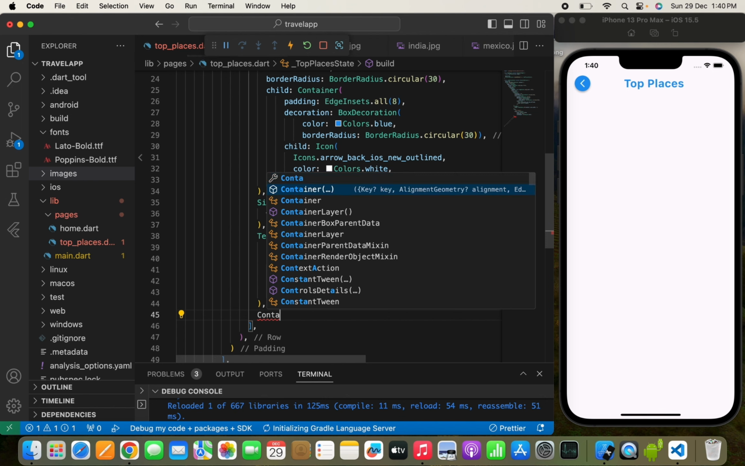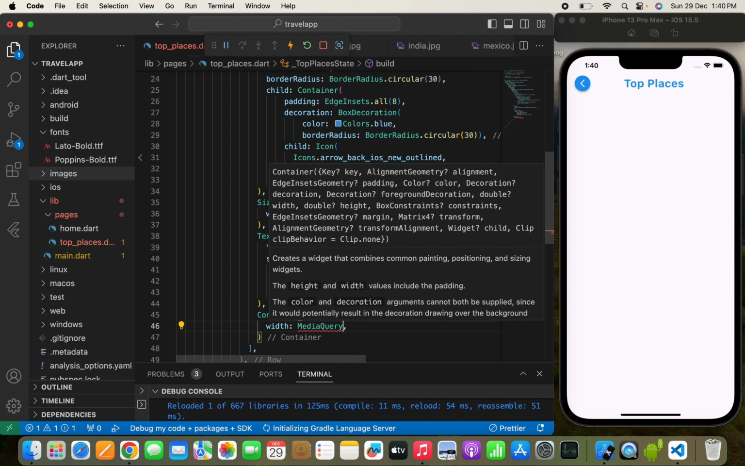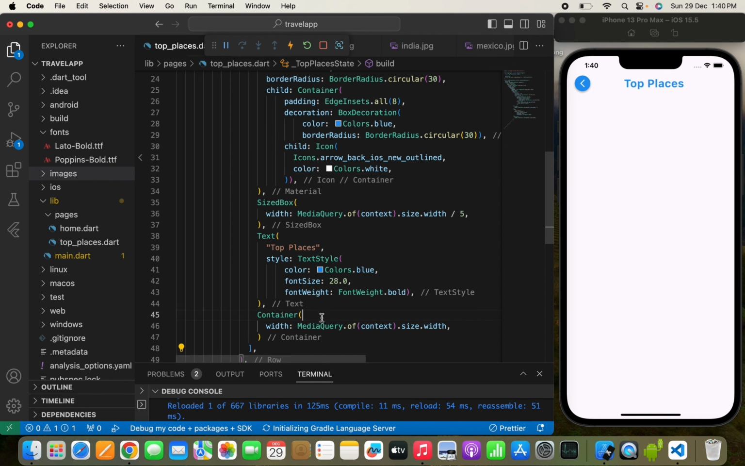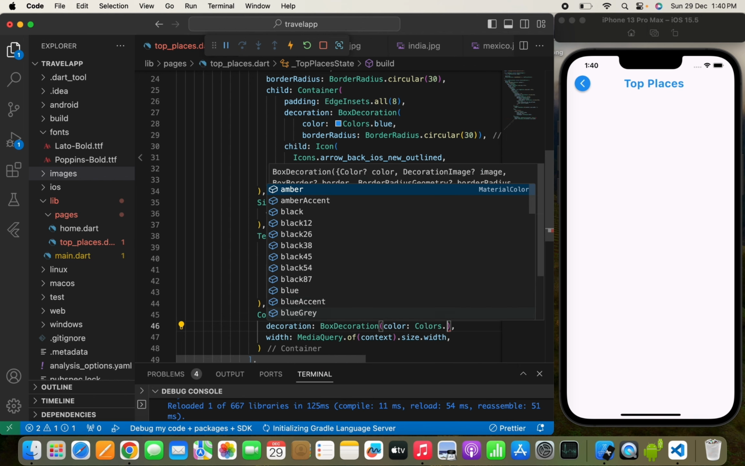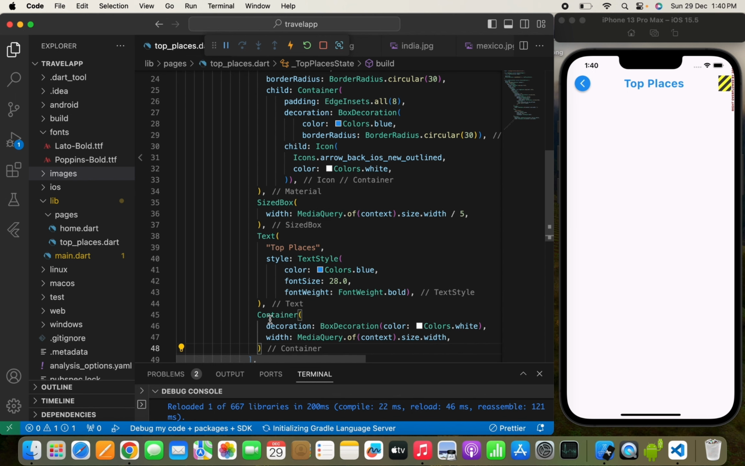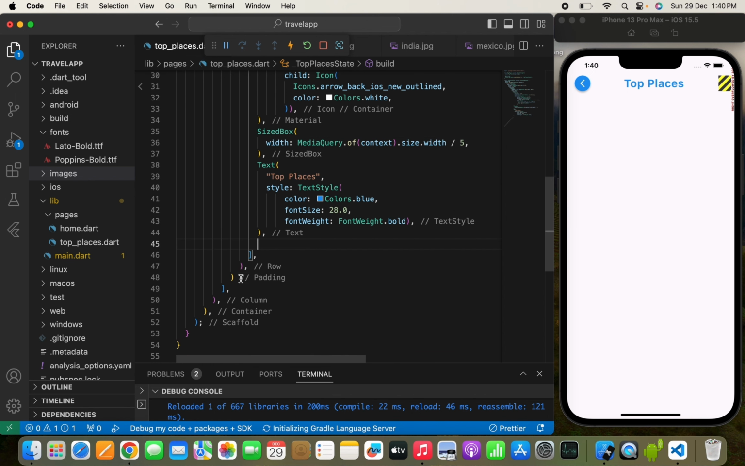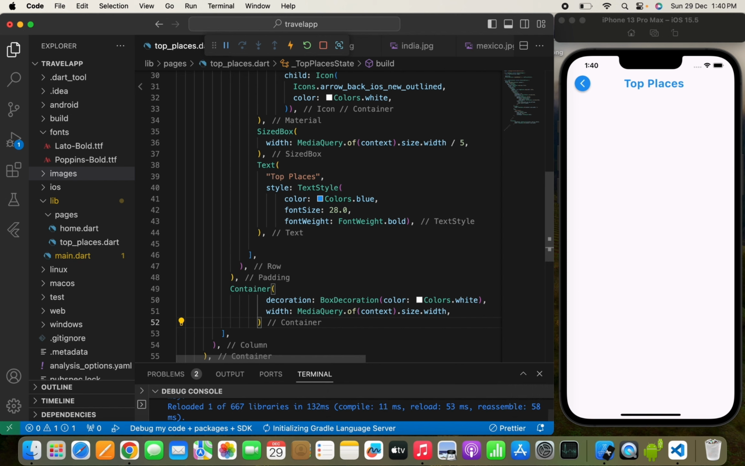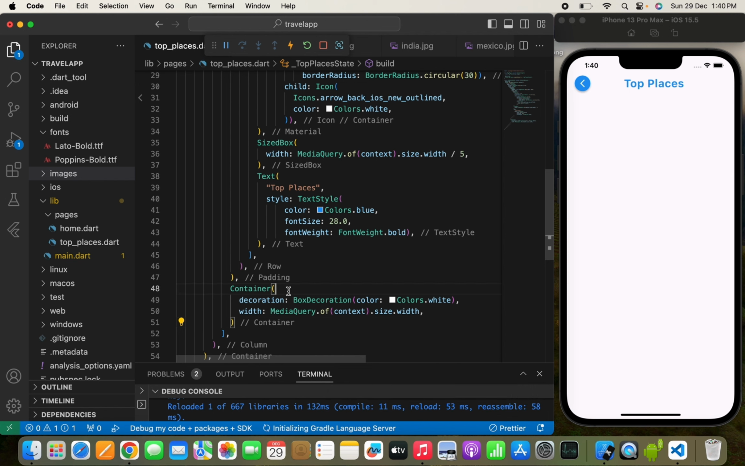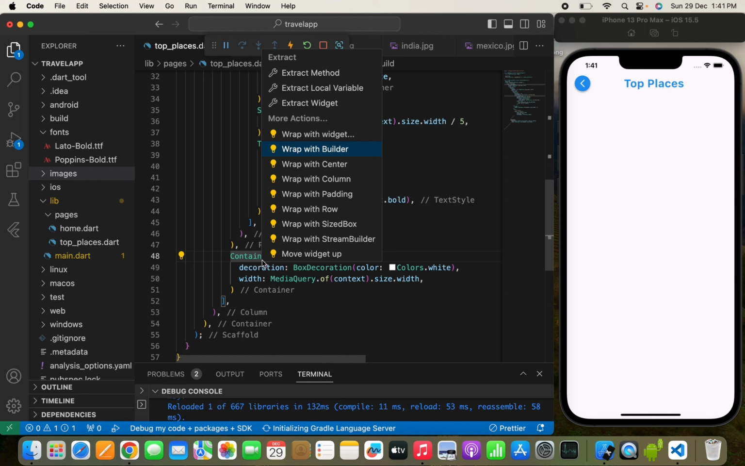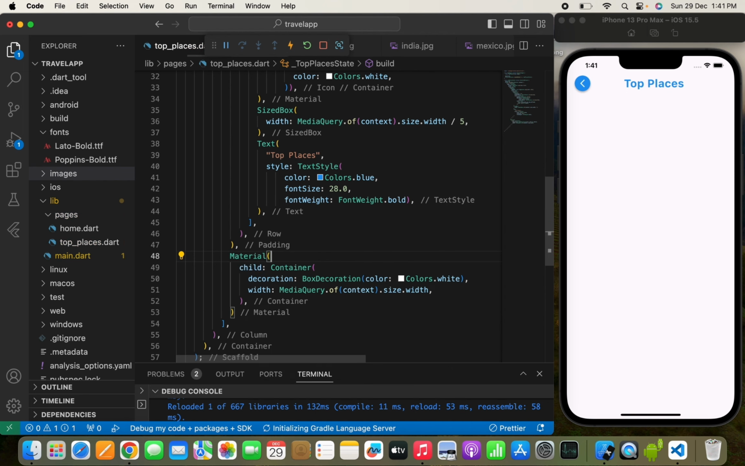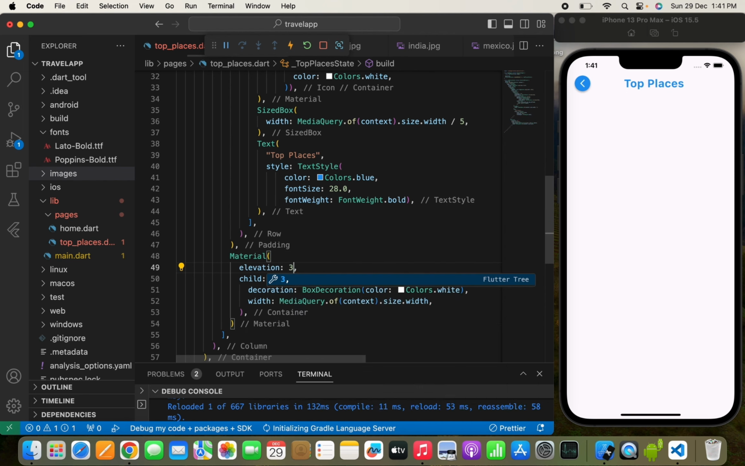Now here I'm going to simply create a Container with MediaQuery.of(context).size.width, and here I'm going to pass a BoxDecoration, and here I need to pass the color, which will be Colors.white. Now I think we have written this inside a Container widget, so we'll simply paste it outside the Row widget. And here first I'm going to show you the container. I hope that it will be visible for you, and also for me. So for that I need to pass the elevation 3.0,